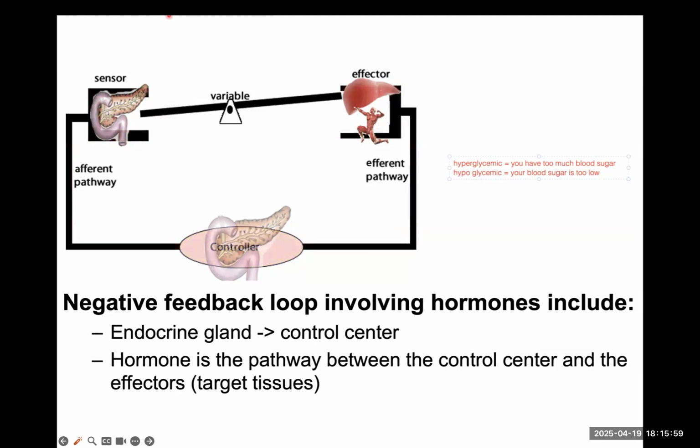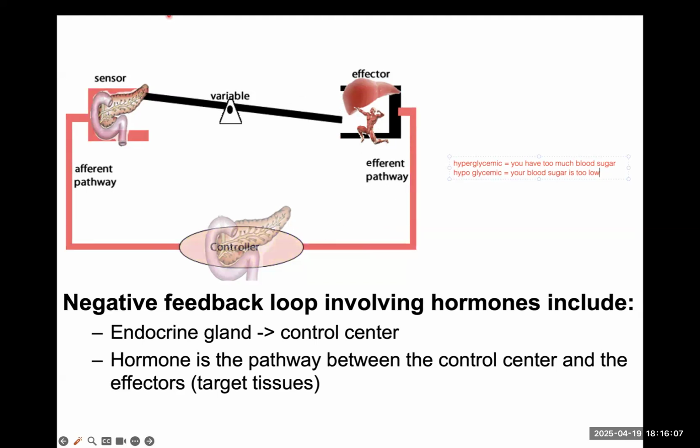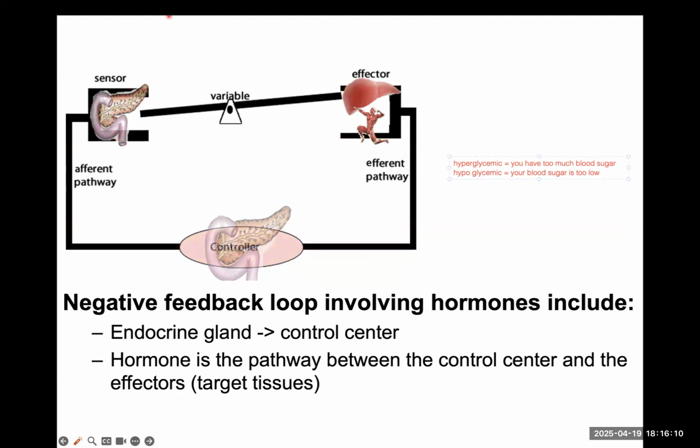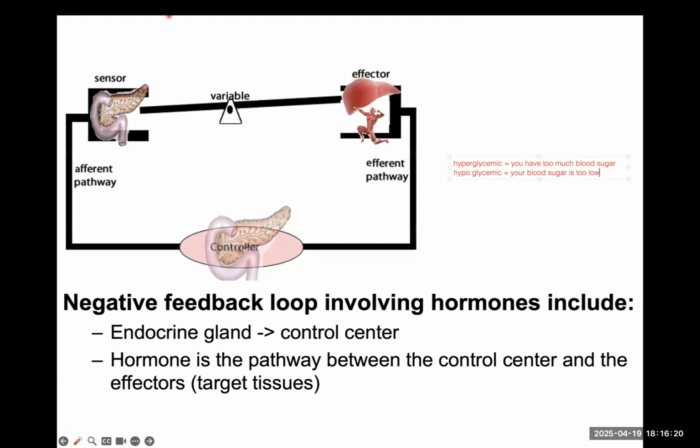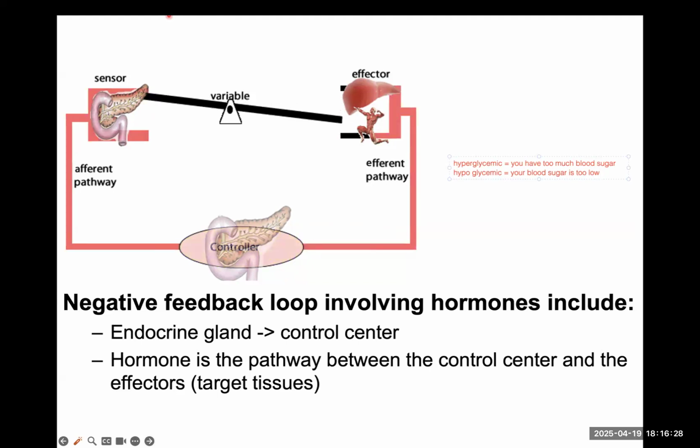So that's a negative feedback loop. That's how a thermostat works in your house, the temperature controller on the wall. You have a sensor, and if the temperature is too high, the sensor will tell the air conditioning to start blowing cold air. Cold air is going to reduce the room temperature, and the sensor would reset. It stops the cold air, and it stops the sensor. So that's why it's called a negative feedback.